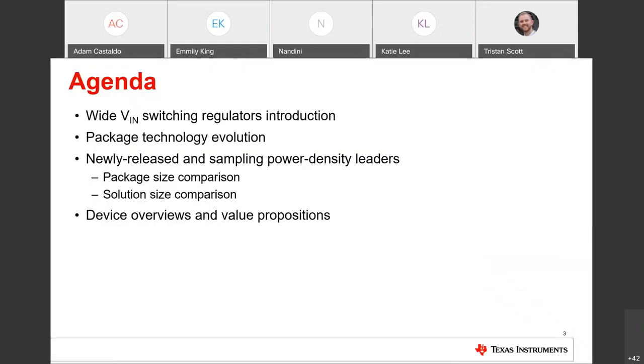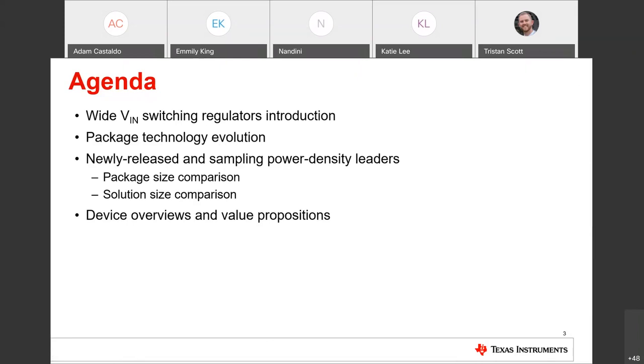So for the agenda today, just a quick introduction on what it means to be a WideVN switching regulator in our terms at Texas Instruments, a bit of package technology evolution, as that's going to be the focus topic of this discussion, the package technology behind our new power dense buck switching regulators.